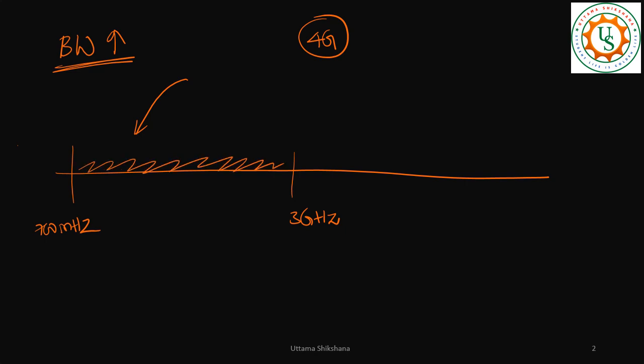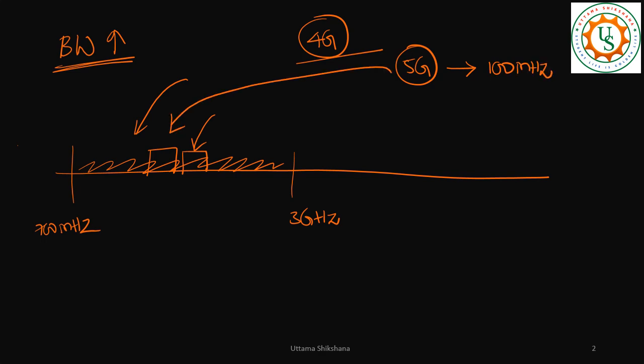It is completely occupied. If you want to move to a bigger bandwidth, let's say one operator is already using 20 megahertz and immediately the next band is given to another operator for 20 megahertz or 10 megahertz, like that. But now for 5G, if we are going for, let's say, 100 megahertz, to have this 100 megahertz in this band, there is no space. That is why we had to figure out some other band far from this, where there is so much spectrum available where we can allocate a wider bandwidth.